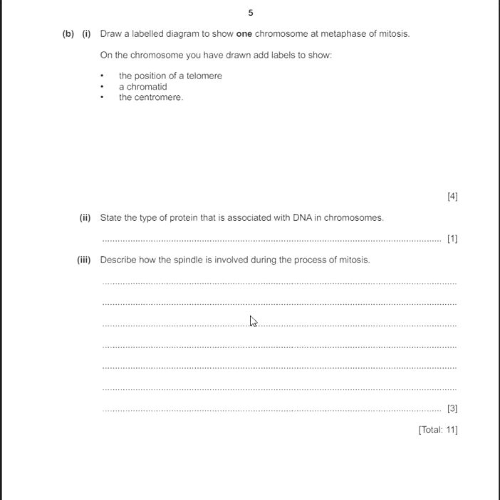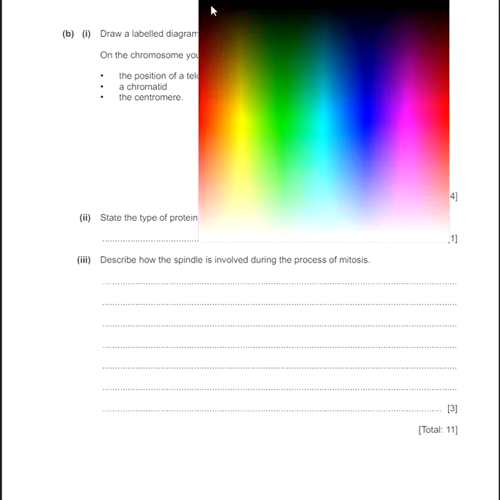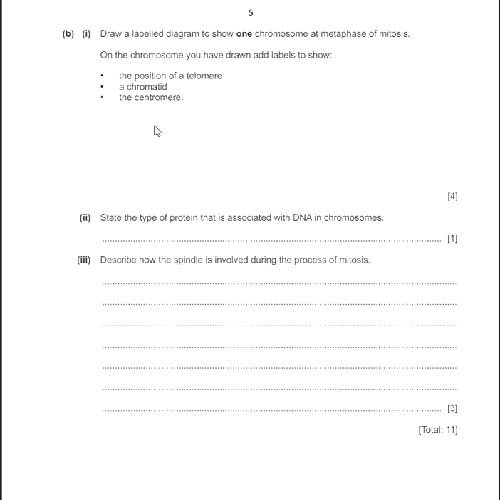Draw a labeled diagram to show one chromosome at metaphase of mitosis. On the chromosome you have drawn add labels to show the position of a telomere, a chromatid, and the centromere. Okay, let's draw a chromosome. During the metaphase,